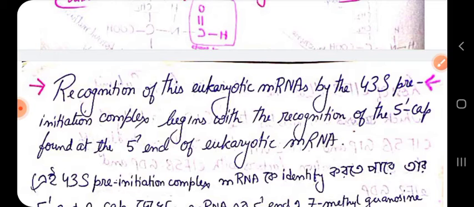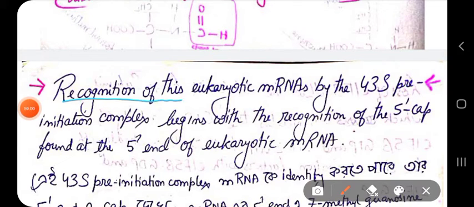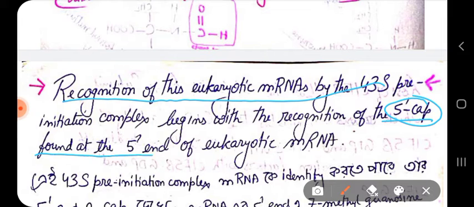This complex on the small ribosomal subunit has to be recognized, and is recognized how? How does it recognize the mRNA? Well, I have said before that normally ribosomes recognize the mRNA by observing the 5 prime cap, found at the 5 prime end of the eukaryotic mRNA,